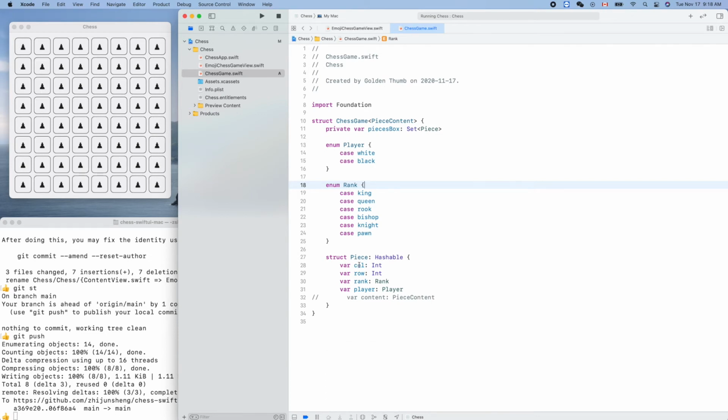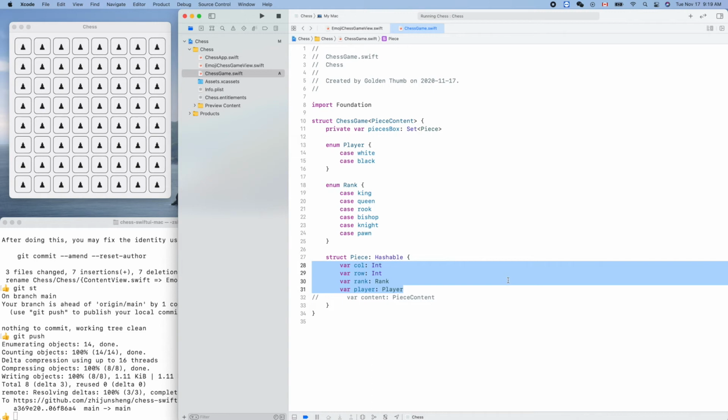Each of these four properties Xcode knows how to hash, because each of them is hashable, except this one. So if each of them is hashable, then Xcode can figure out how to hash all of them together